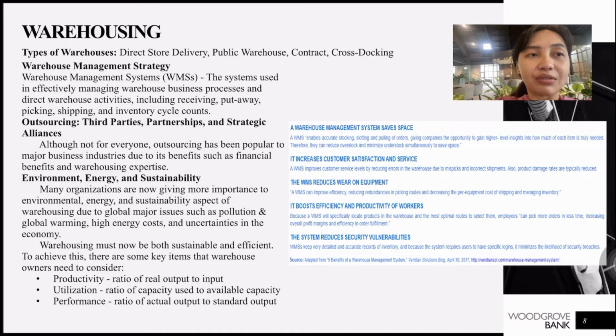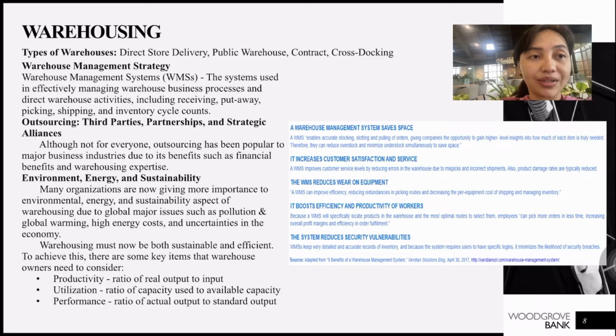Also, we have what we call warehouse management systems. WMS is the system used to effectively manage warehouse business processes and direct warehouse activities, including receiving, putaways, picking, shipping, and inventory cycle counts. Some businesses are also utilizing outsourcing, wherein they use third-party warehouse businesses to store their